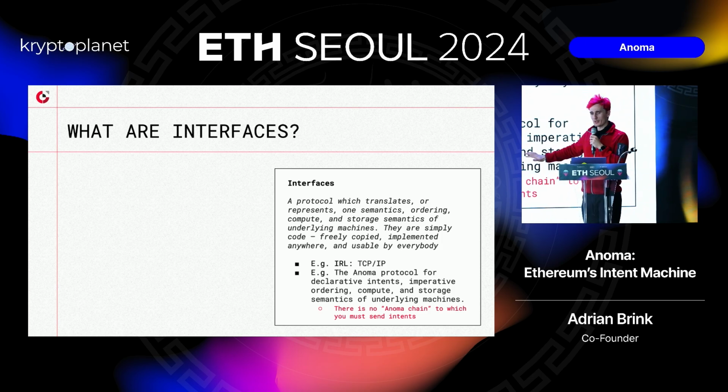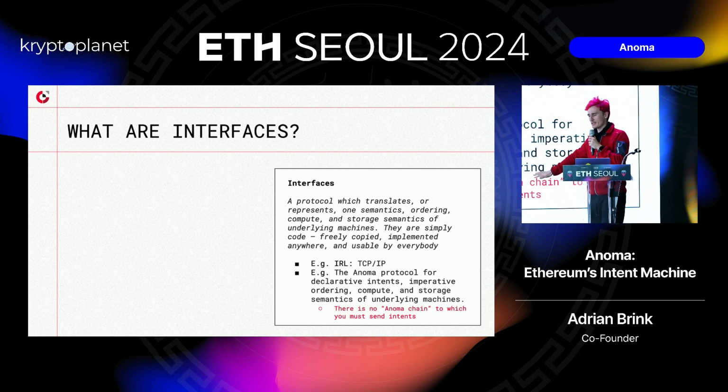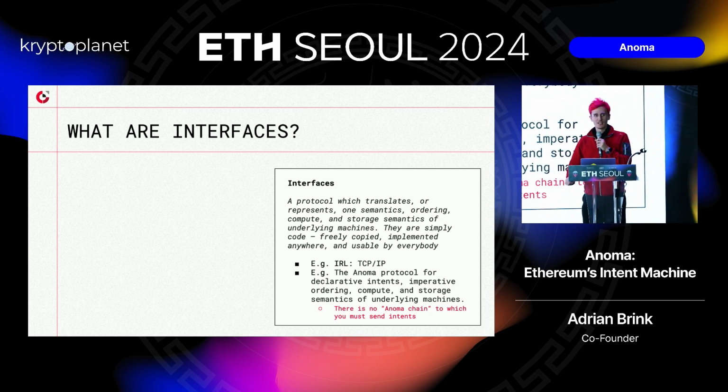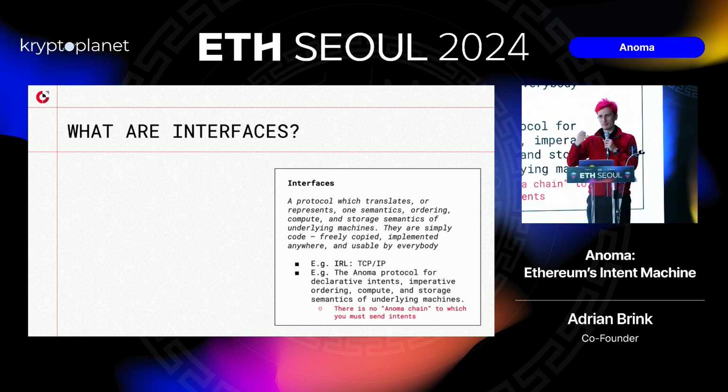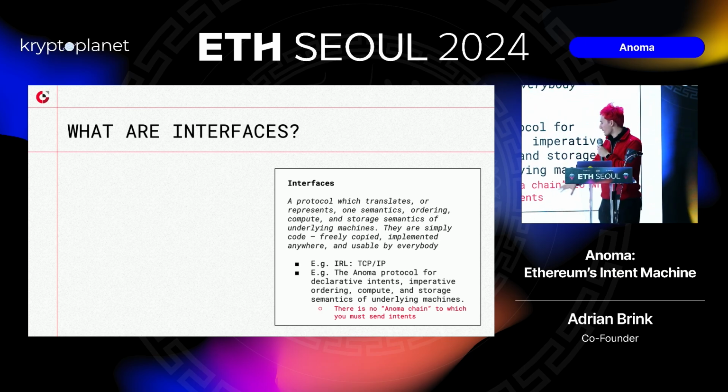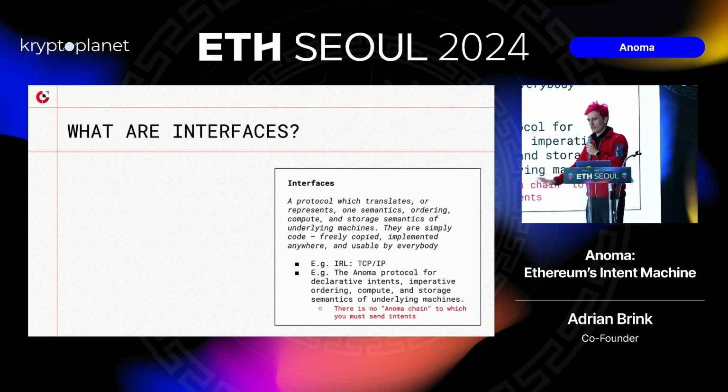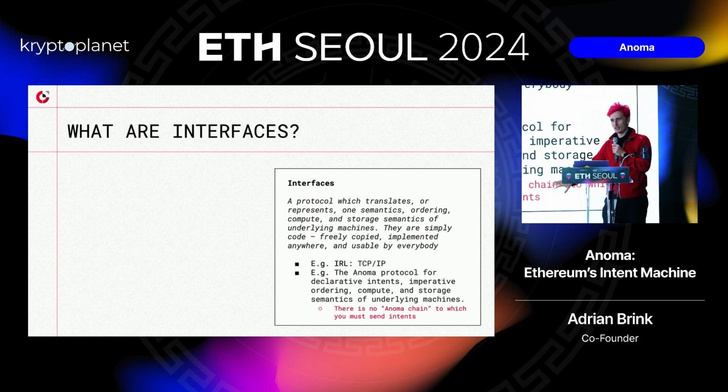And there's also an important technical reason for why this must always be the case, because as soon as you're an intermediary, you're a scaling bottleneck, right? Somewhere the intermediary has to expend some amount of compute in order to do work. If Anoma was an intermediary, this would become the problem that now you have to handle this kind of global scale thing, where what happens if 100 million people try to send you their intents? So in Anoma, there's no intermediary. You can just use the protocol as is without having to send it to a specific chain or a specific bridge.